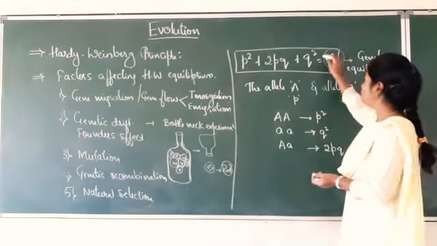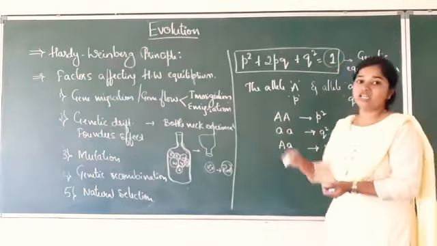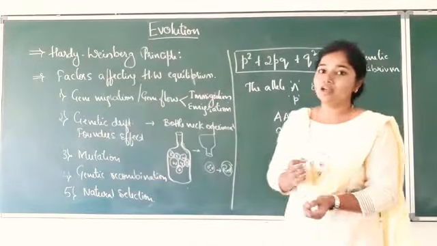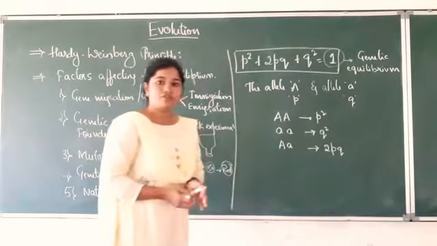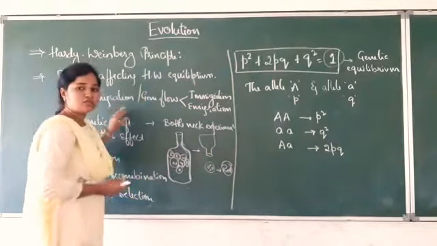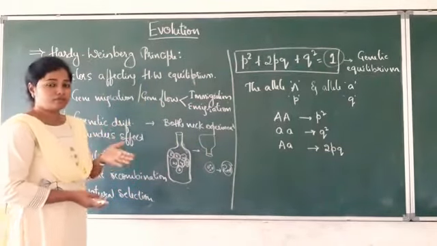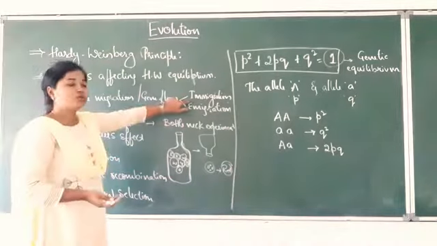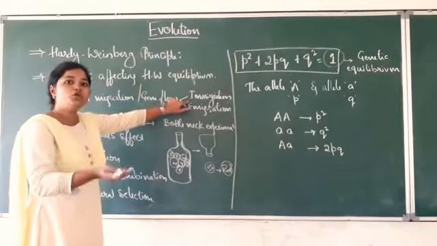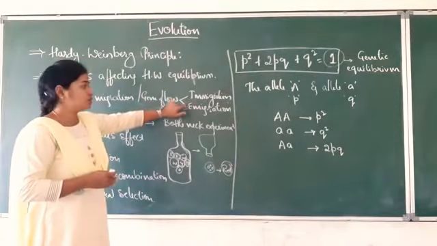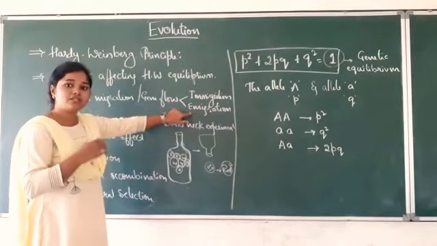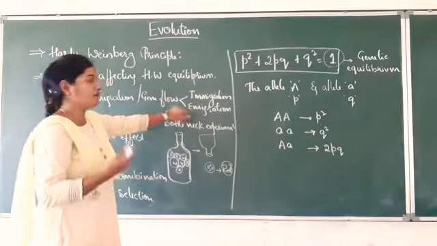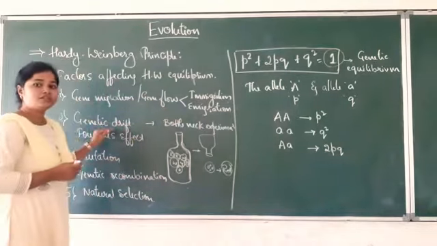It means the value of one is going to be changed, which is a symbol of the process of evolution. So gene migration means the movement of the genes or the alleles from one population to another population. There are 2 types of this. Immigration means new alleles adding up to the present population. Emigration means the alleles which are present in the population are moving away. Then comes the genetic drift.